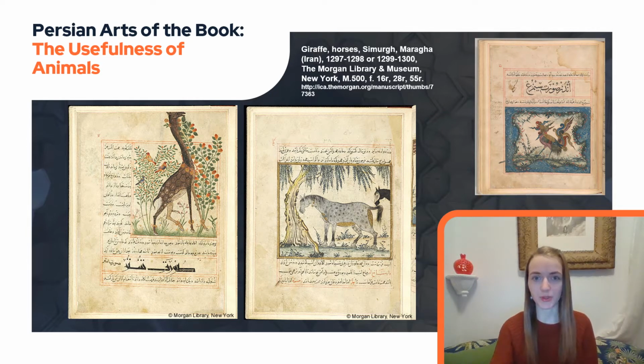Remember last week when we talked about the page layout and the red lines around the text block? To the left, we see a giraffe that is extending way beyond the frame. After all, giraffes really do have long necks, so this only emphasizes the animal's height. The birds in the trees serve as typically decorative devices that live in the lush landscape.